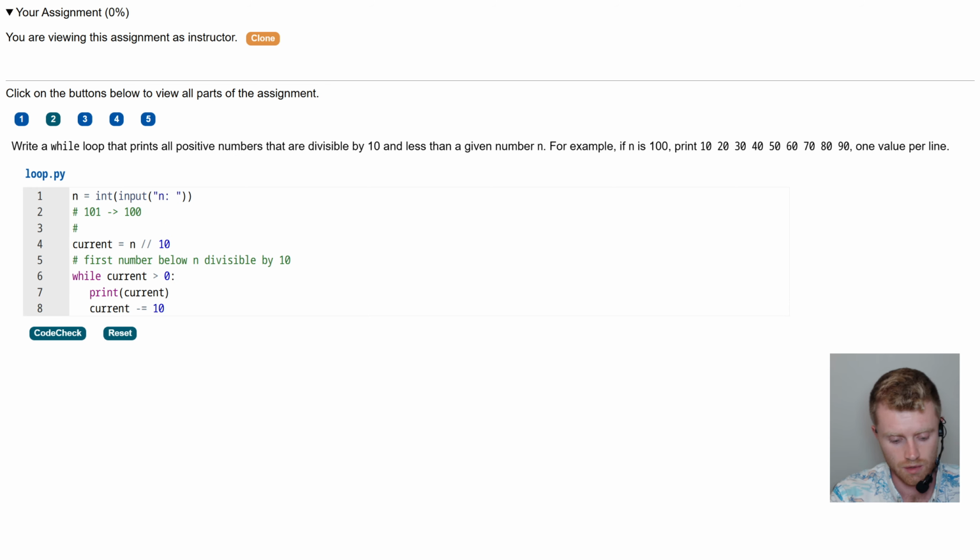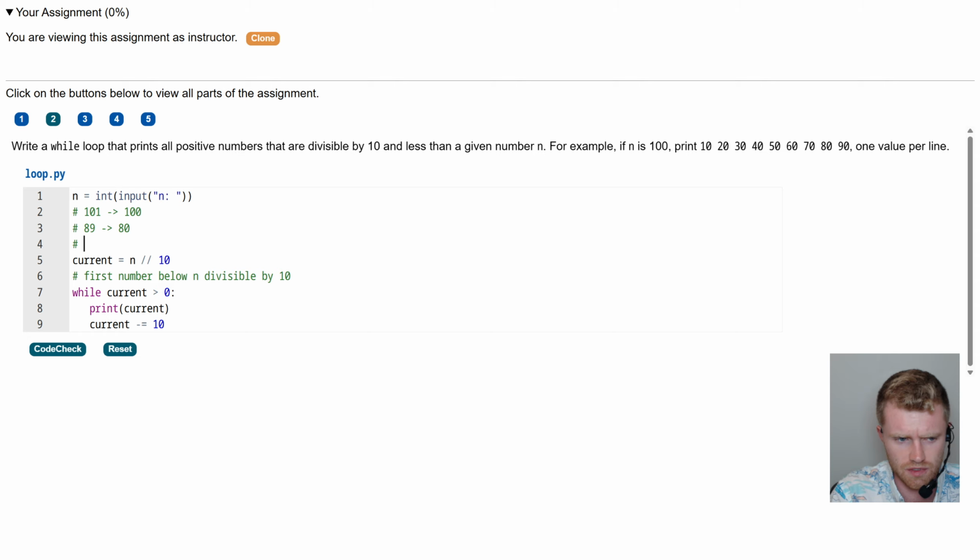If we have 89, we want to go down to 80 first. So I guess we could do, I feel like there's a simpler way to do this, but we could do n mod 10, so the remainder when we divide by 10 would give us 9, and we could do n minus,